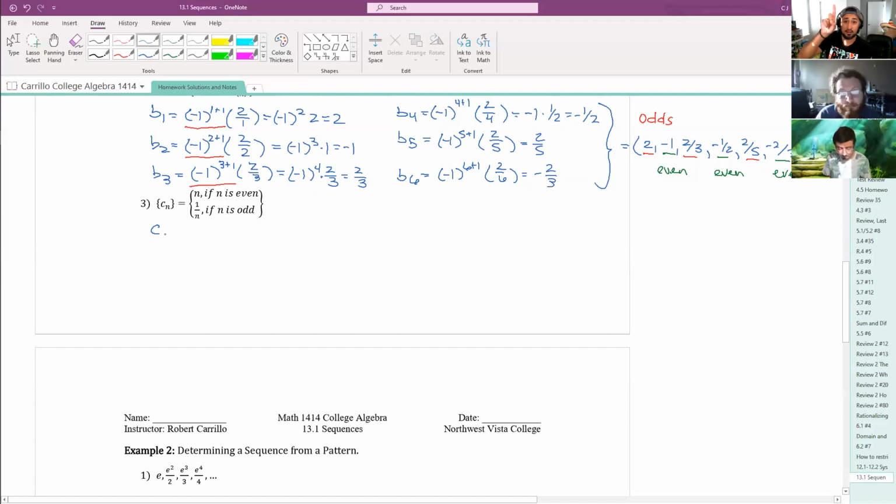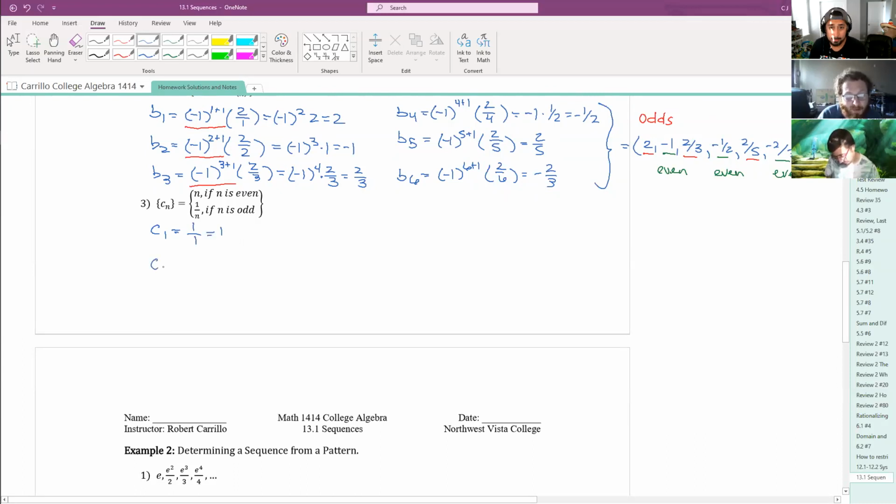Two. Well, why are we going to start with 2? 1 over 1? Well, I'm not worried about the output. We're going to start with just 1, right? So is 1 even or odd? Odd. That's odd. So we have to use this lower part. So this is equal to 1 over 1, which is just